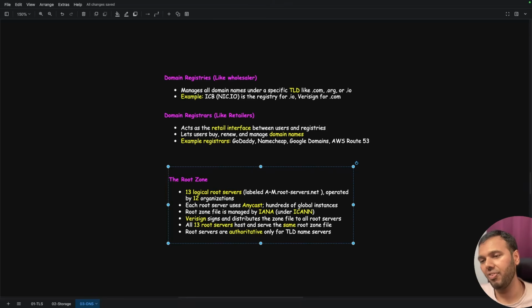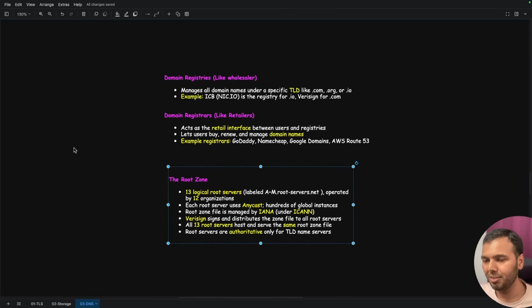So for example, if I am in India, then the server that is nearest to me will be serving my request, and I will be using the same Anycast IP to reach it. And if someone else accesses it, it will be served by the server that is nearest or can be reached the quickest from their location.